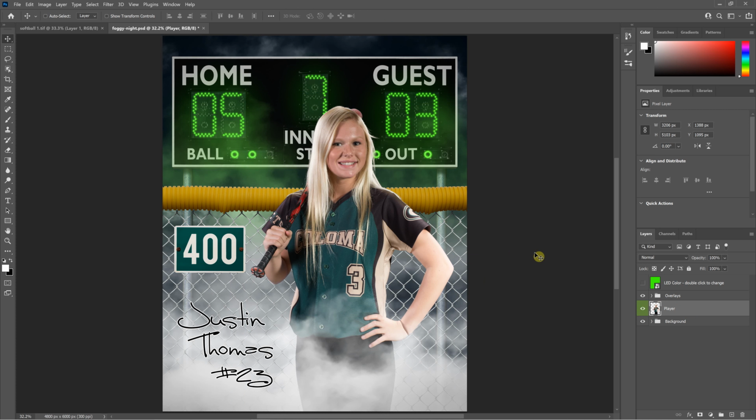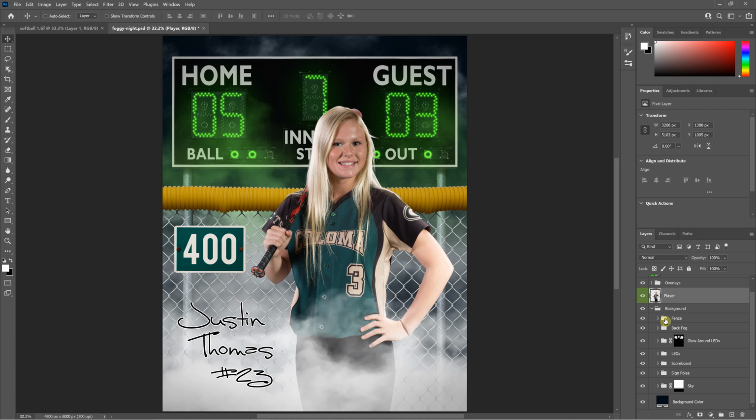So with this design, all of the text is editable, and that includes the fence sign. So if you're shooting baseball, you might want something around 400 for the fence sign. You can make it whatever you want, but for softball, you might want something a little bit lower, like 220 or so. So it's pretty easy to find. Under the background, all of these,